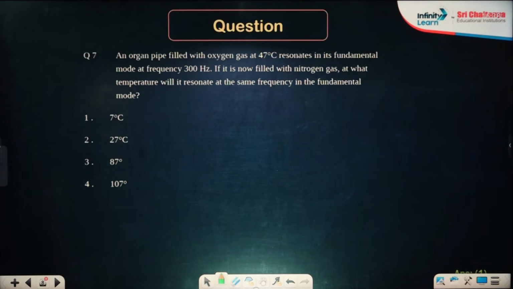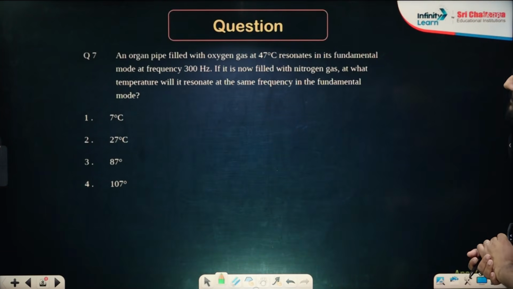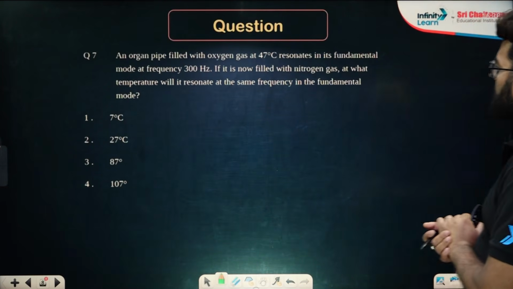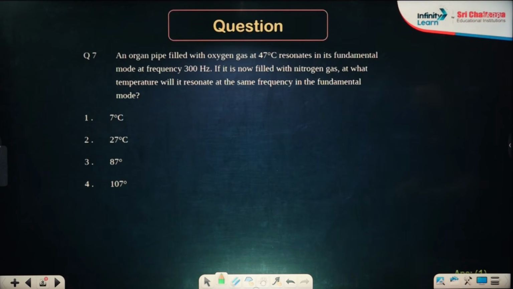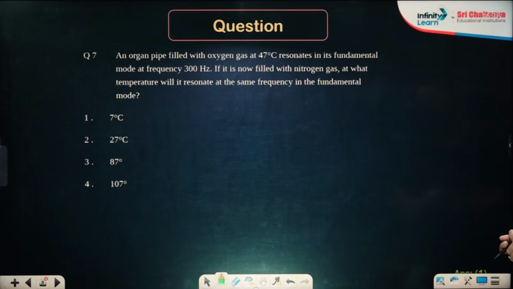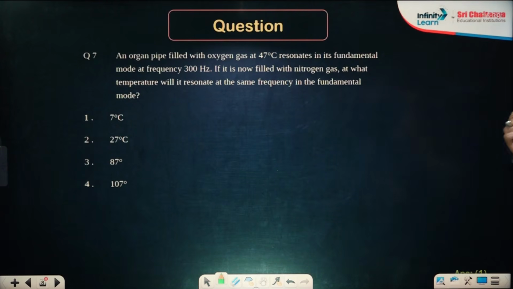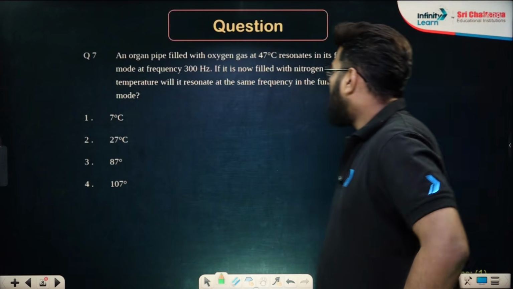Right? An organ pipe filled with oxygen gas at 47 degrees resonates in its fundamental mode at frequency 300 Hertz. Okay. If it is now filled with nitrogen gas, at which temperature will it resonate at the same frequency in the fundamental mode? So the point over here is, with temperature, the RMS speed changes. Okay, the RMS speed of the gas changes,